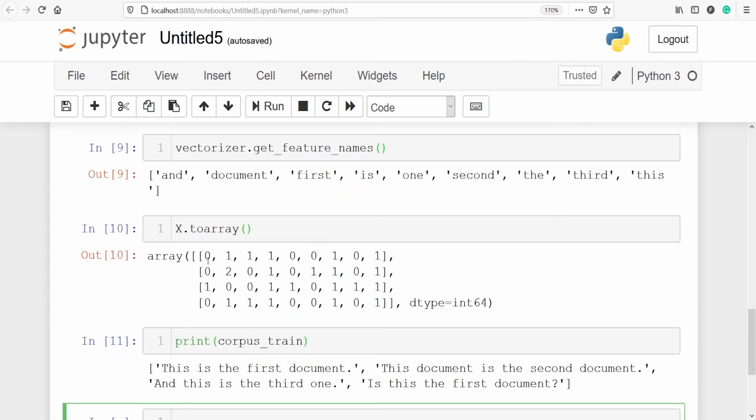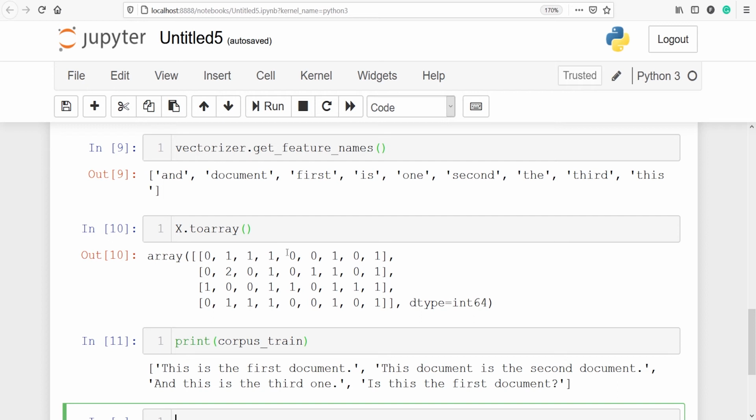We got 0 here because this is not present in this vocabulary, and you will see this here it is present, but the difference is that here the T is capital but here the T is small. That is why we got 0 here. Then the next is, and if you see is present, so we got 1 here. The next word is the, also present, so we got 1 here. Then we have first, also present, so we got 1 here.